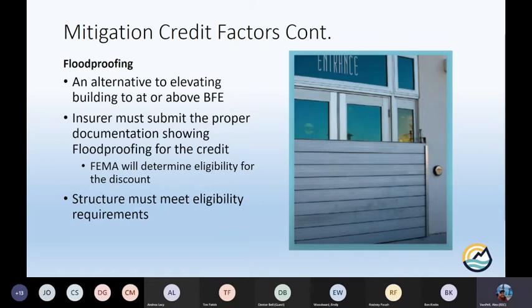The insurer, though, is going to be the one responsible for submitting the documentation showing that the building was actually built to floodproofing requirements. That documentation is going to be submitted directly to FEMA to determine that discount. So FEMA is going to be the one saying, yep, we agree this building is built so that it'll be flood proofed. Or FEMA is going to say, nope, you're not eligible for this discount, and here's why. So again, there's going to be some level of documentation. If folks want this discount, it's more than just building it the right way. Now you've got to submit that information to FEMA before that discount becomes available.